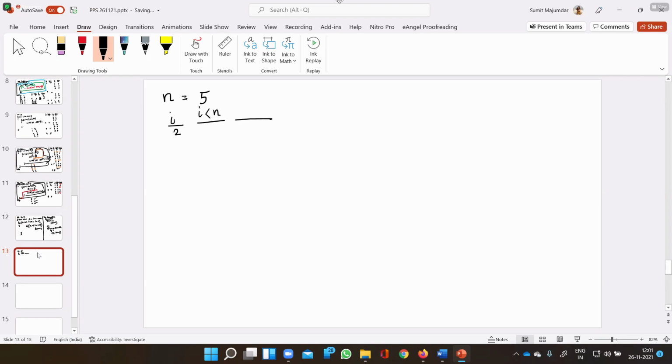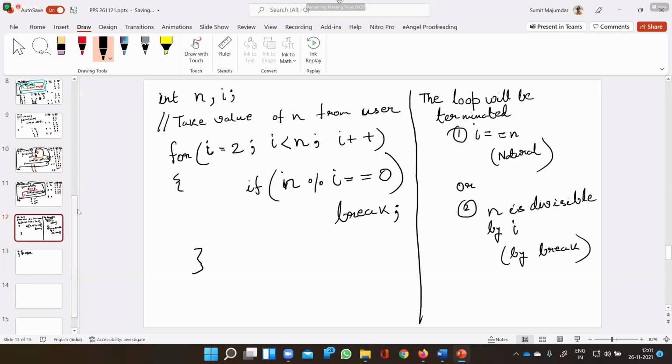And what is the if condition? n modulus I equals 0. So this condition will be false, and the break will not be executed. The I value will be incremented by 1 because of the I plus plus statement.